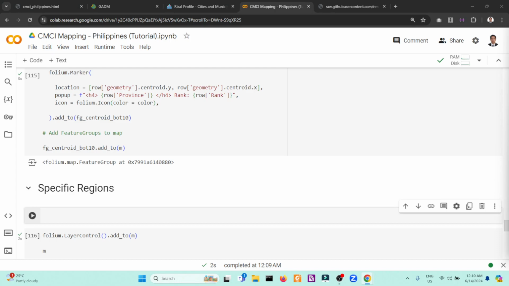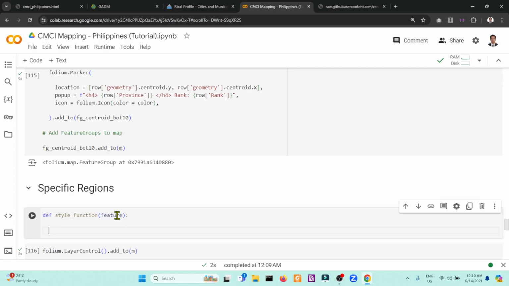But don't worry, we will create a function so that we can map specific regions. So if you know for loop very well, I advise you to master the concept of for loop. There's a lot of usage, not just in GIS mapping, but generally in programming.